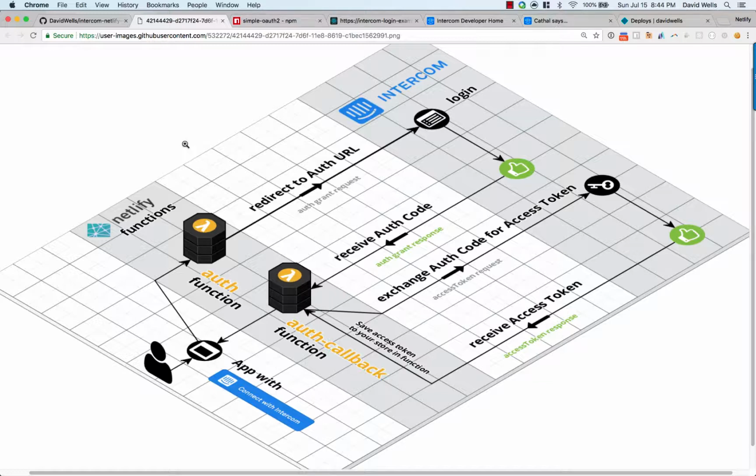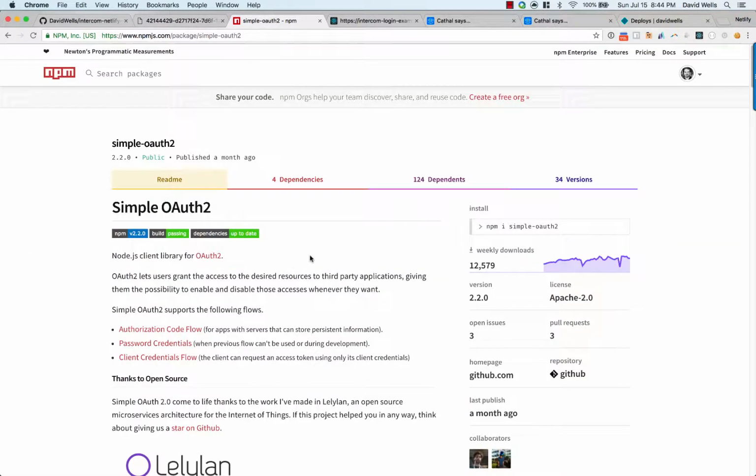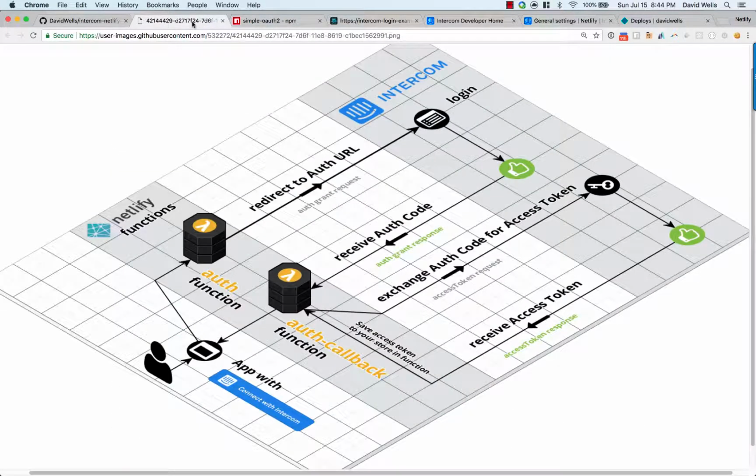This example application is using Intercom for OAuth, but this OAuth flow could be applied to any number of third-party softwares out there that offer OAuth. So we're using the simple OAuth 2 NPM package to do all that handshaking and what have you in two Lambda functions that it's probably around 200 lines of code. So take this if you want to use it with Intercom, or apply the same exact pattern for the OAuth